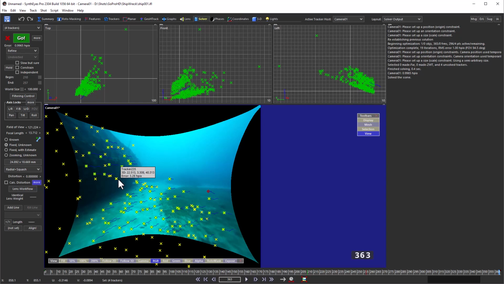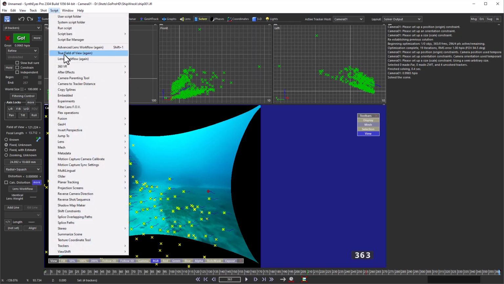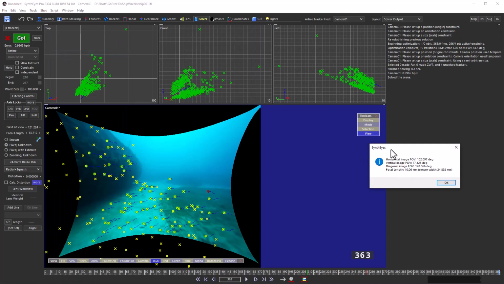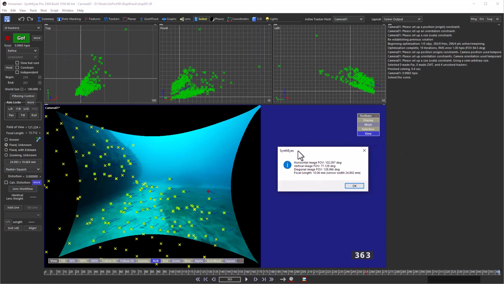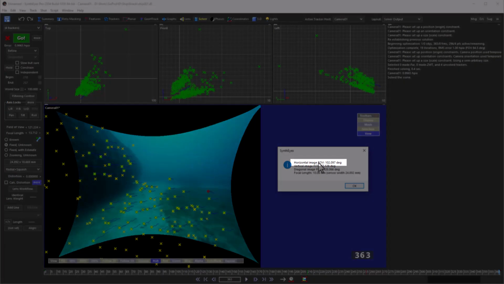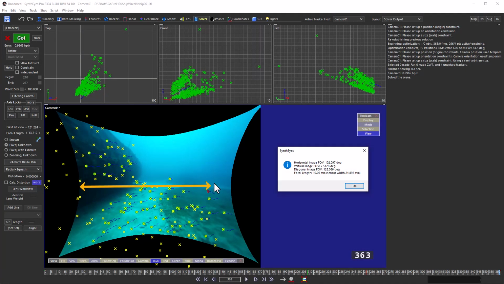But the sensor size value corresponds to this original image, not this modified bounding box. So to take all that into account, we need to run the true field of view script. And that goes and takes a look at the situation to produce an actual horizontal image field of view, and that's across the middle center here,